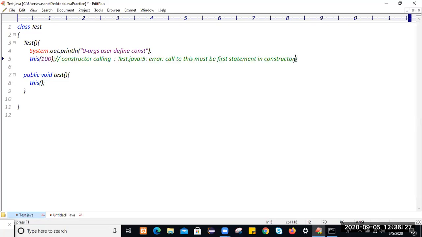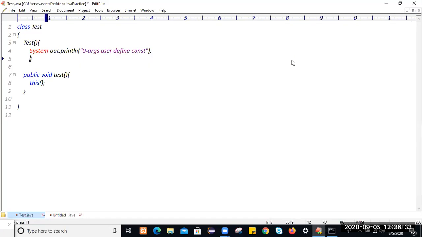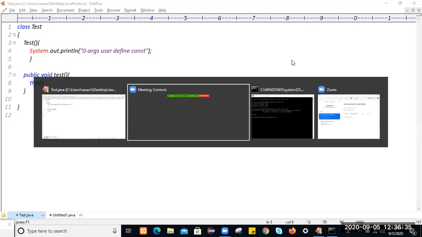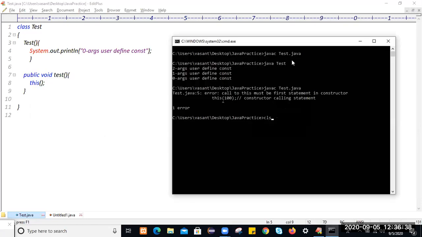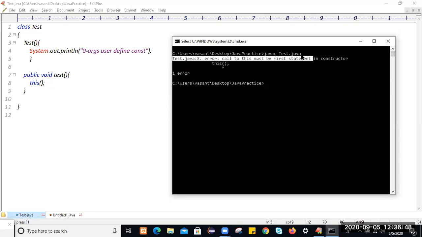You will get a compilation error. If you compile this application, let me clear first and let me compile. Here also at Java line number 8, you will get a compilation error: call to this must be first statement within constructor.